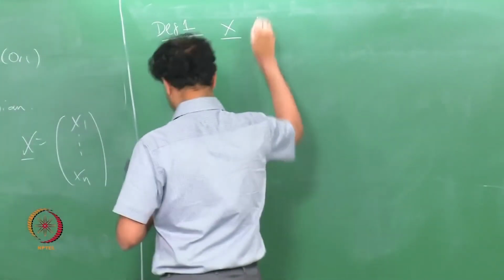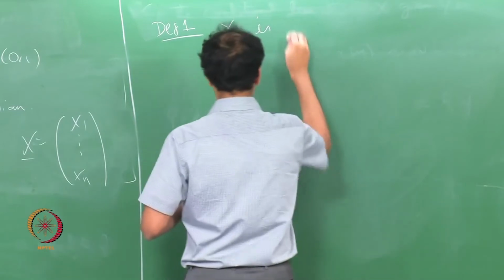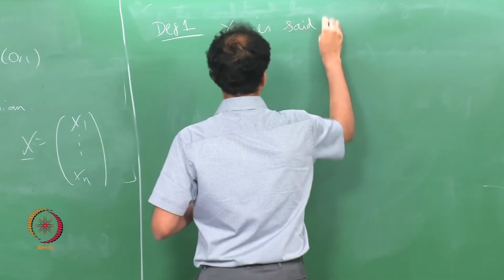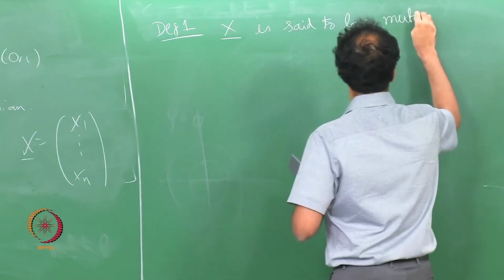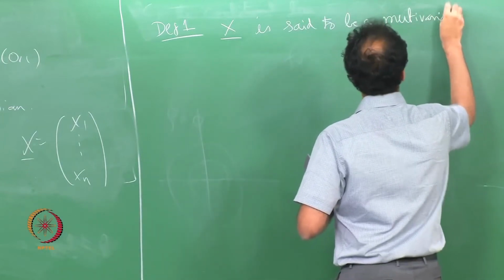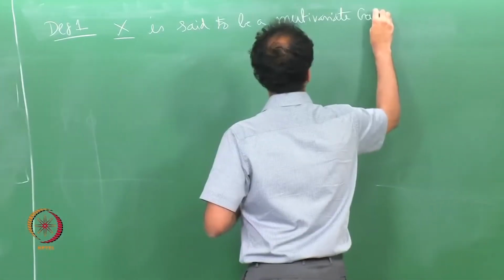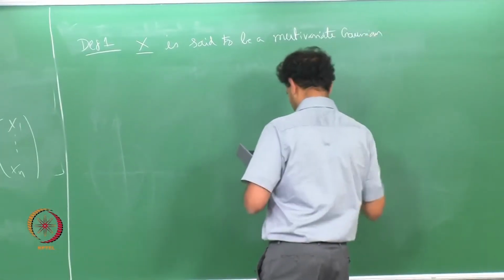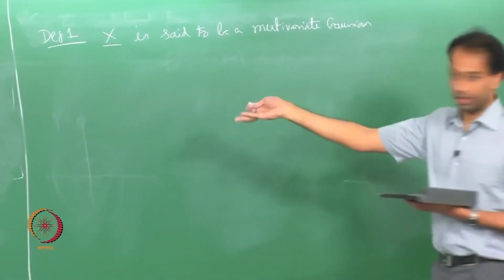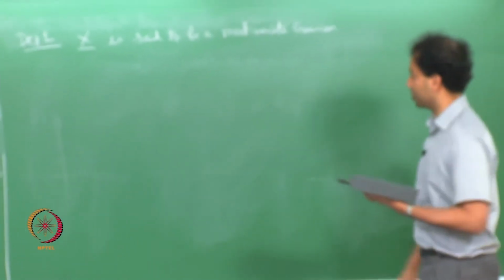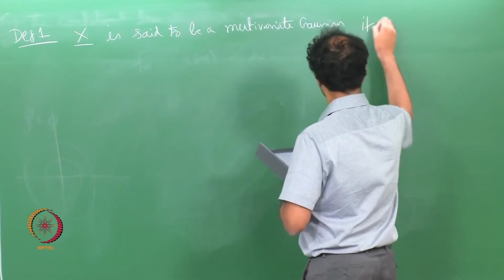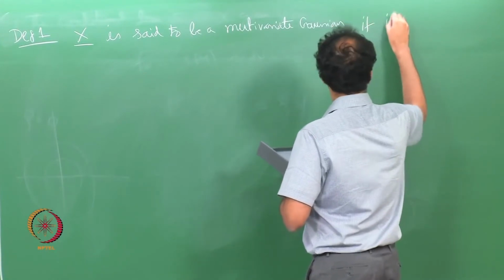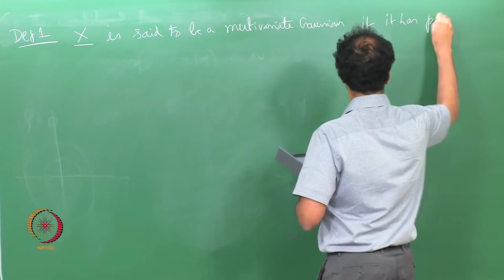X is said to be multivariate Gaussian, or X1 to Xn are said to be jointly Gaussian, if it has PDF